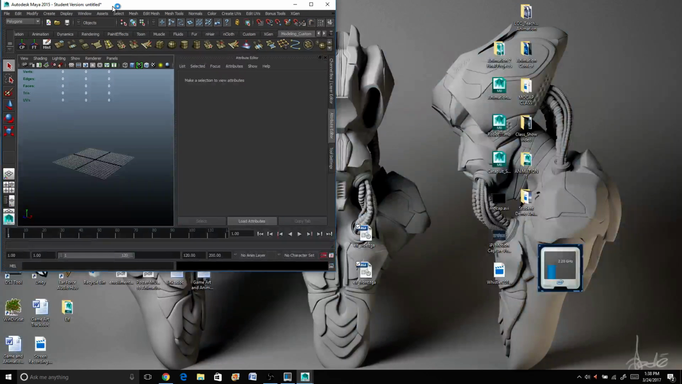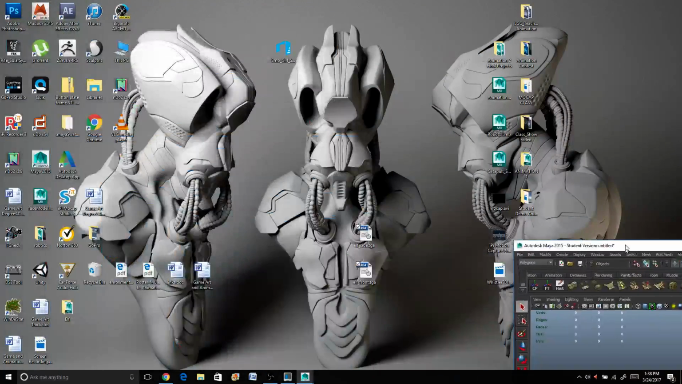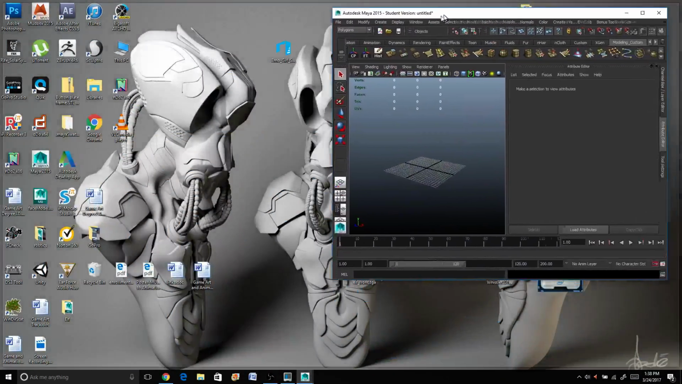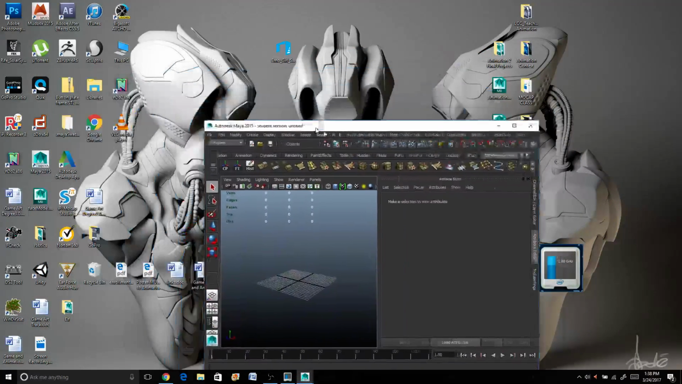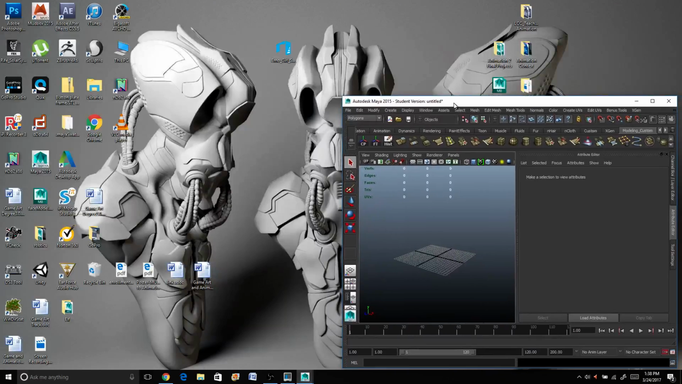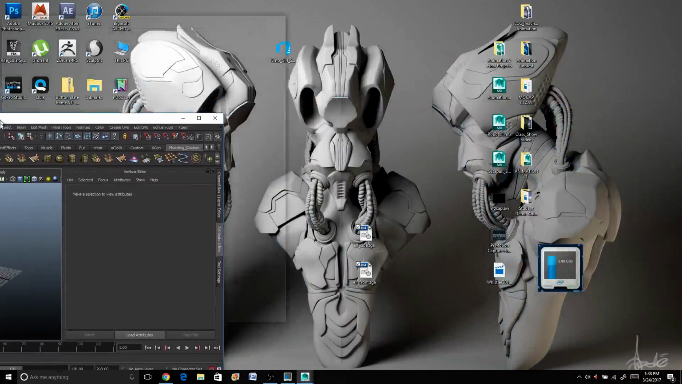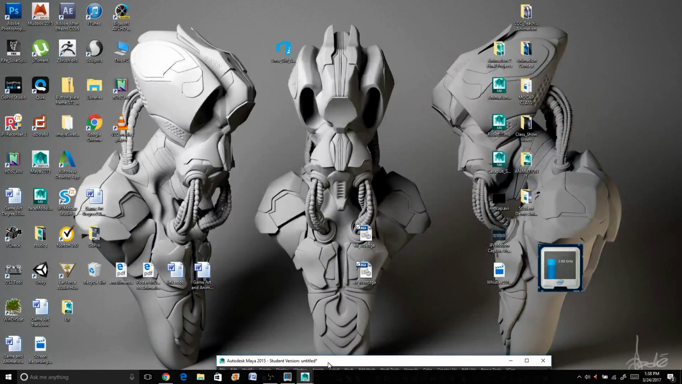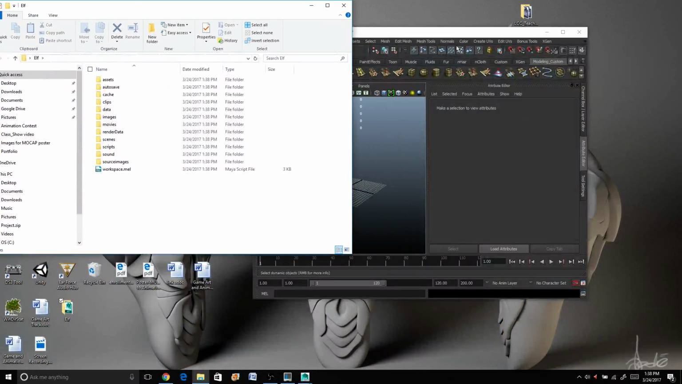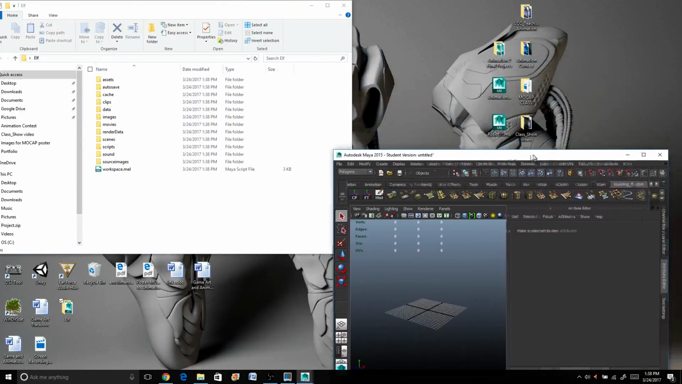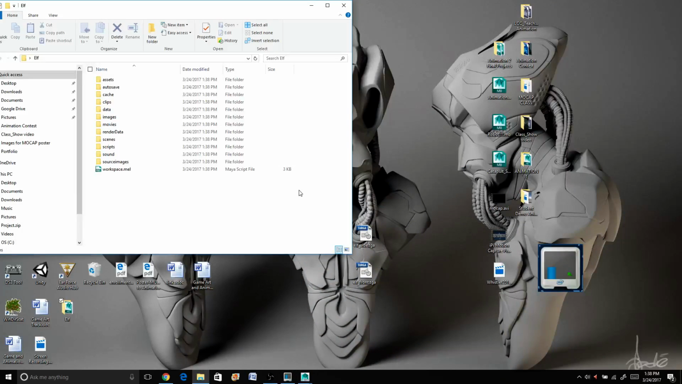Okay, and let's see here, where's that new folder at? There it is. Okay, here we go. So, shrink Maya down for a second. My source images I have included in